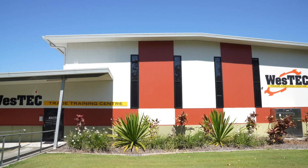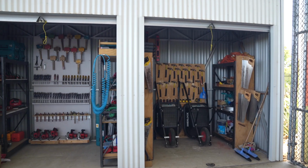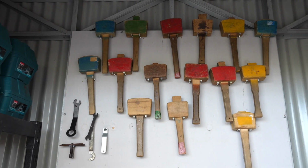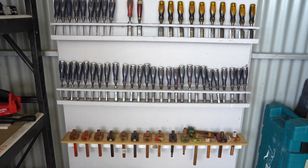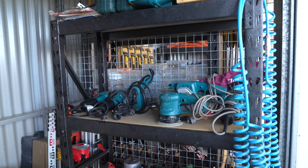The Certificate 2 in Manufacturing Technology is delivered here on site at WesTEC Trade Training Centre by TAFE Queensland. Our exceptional teaching teams maintain strong industry connections and keep up to date with the latest trends and styles in manufacturing. They are dedicated to passing on the basic knowledge and entry-level skills to help you build your career and